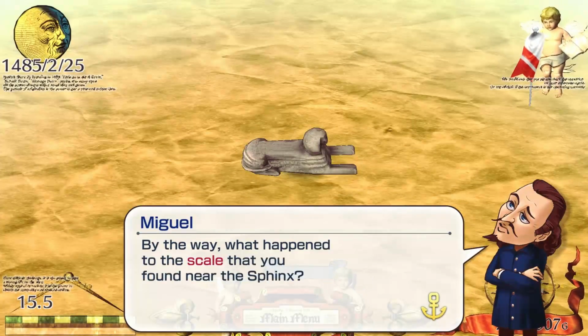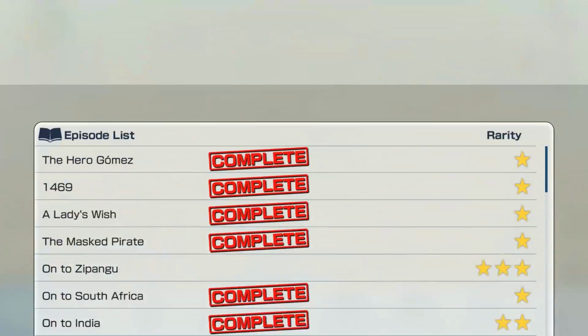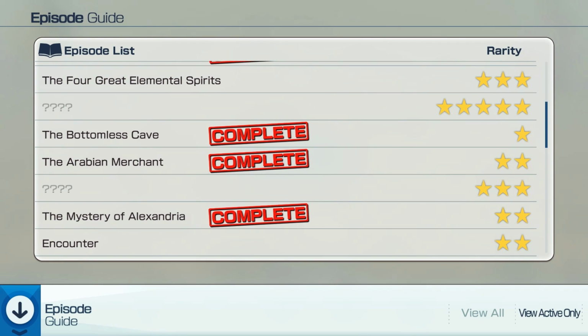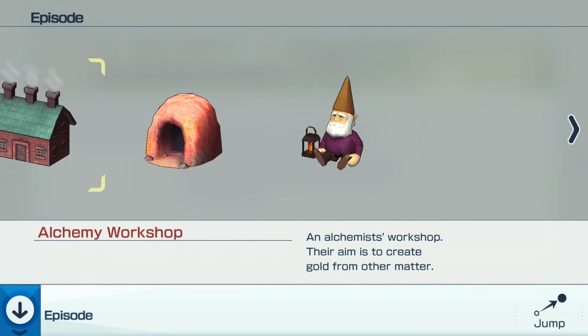But yeah, as you can see, it's given me an episode, and this is a great time to actually talk about the episodes. So if we head up the main menu again and go to the episodes, these are basically your side quests. They do actually list out all the side quests you can do, which is kind of neat, even if you haven't unlocked them yet. And there are all sorts of side quests, like capture all the spirits, and we can check out all our discoveries, which are related to